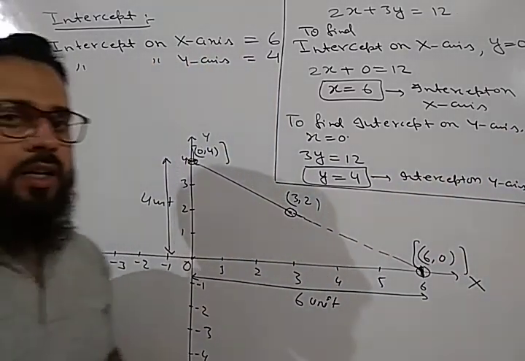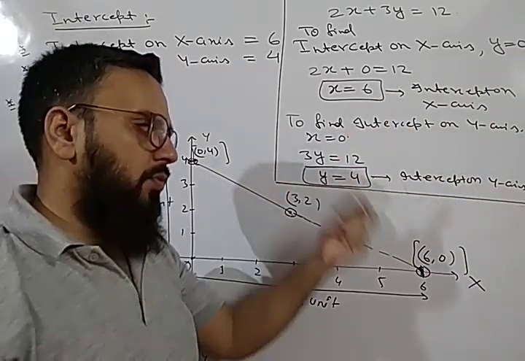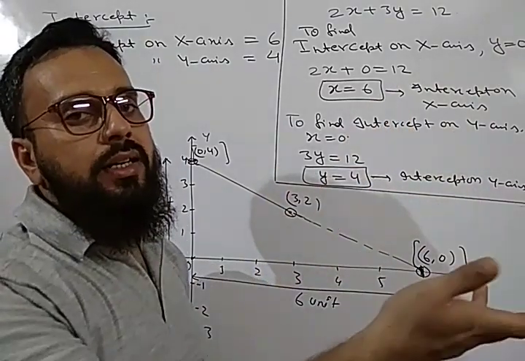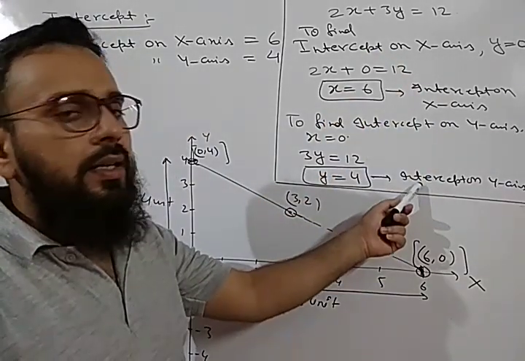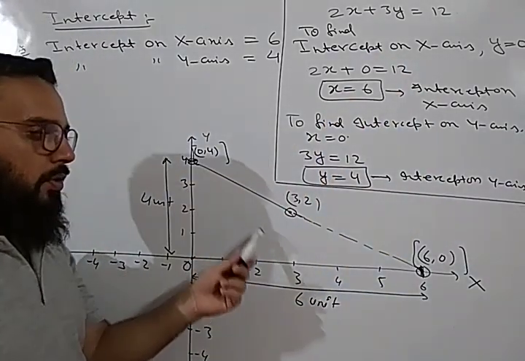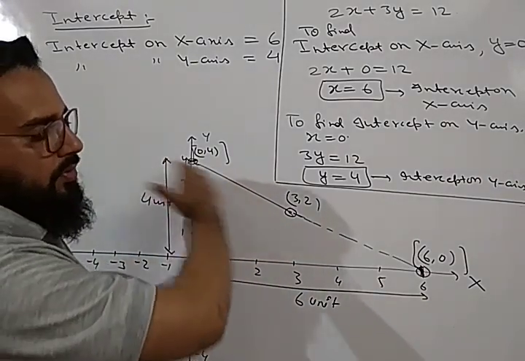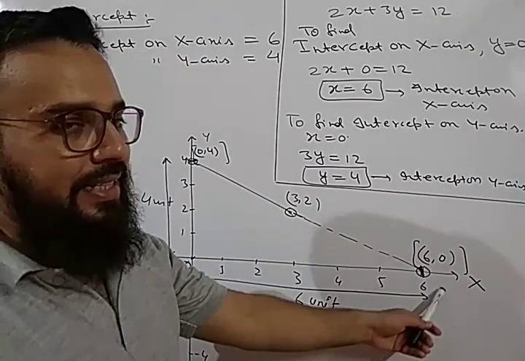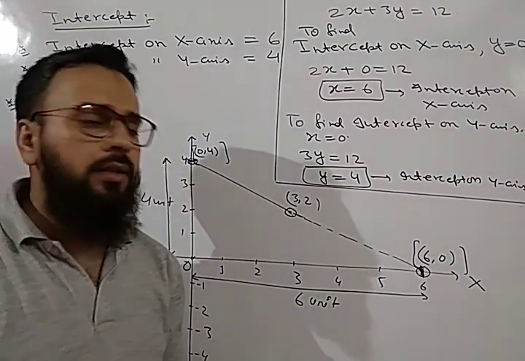Okay. So in this way, if you have to find the intercept, or where the graph will cut the x-axis or y-axis without drawing the graph, then you can find it in this way. But if you have to draw the graph also, then it is very easy. You will draw the graph and find out where the graph is cutting the x-axis as well as the y-axis. Clear? So note it down.